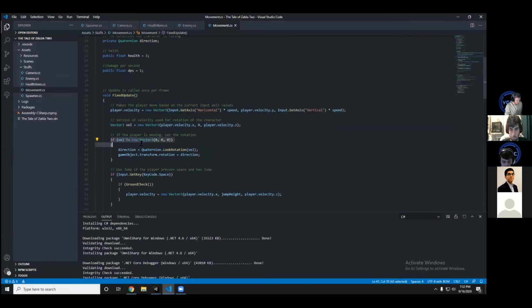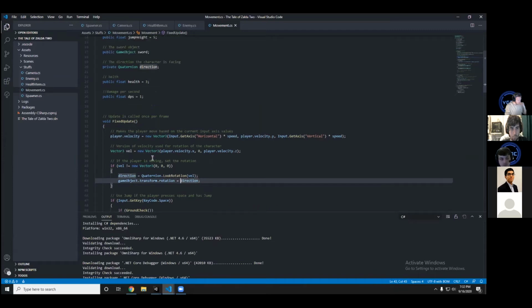Moving right down to the next line, what we can do is basically say, if the velocity does not equal a vector that is 0, 0, 0, which in simple English terms is, if we are not moving, we have no velocity. If we are moving, we're going to do this code, where we're going to set